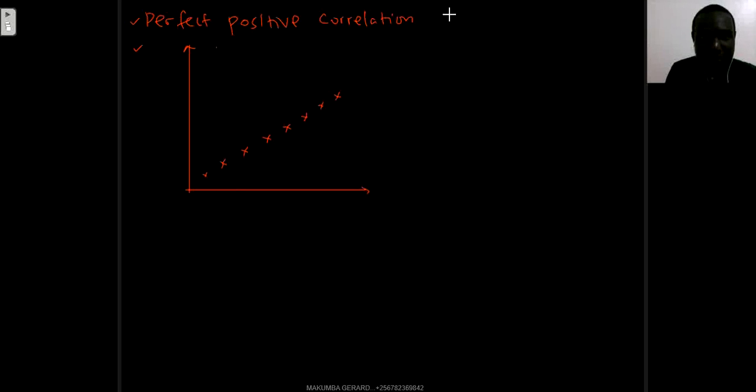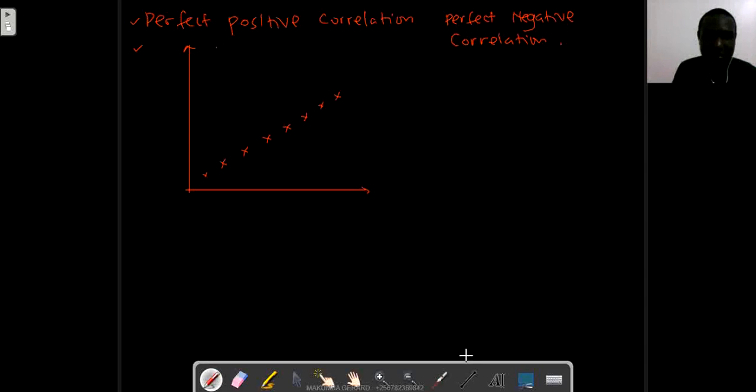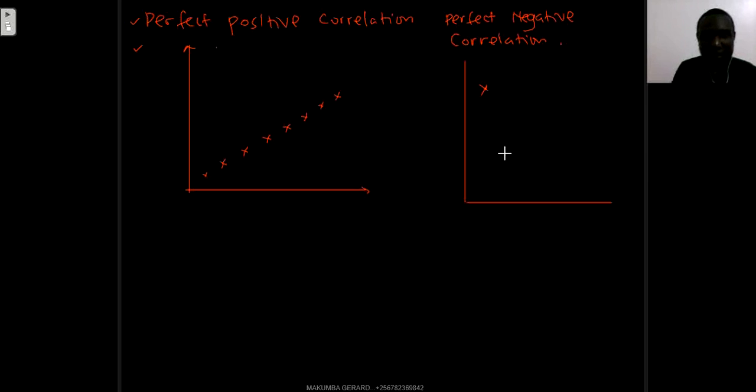We have another type of correlation: perfect negative correlation. Now a scatter diagram, you just plot and you leave it just like the name suggests. When you plot your scatter diagram, it is going to take that shape there, and from our coordinate geometry of O level,